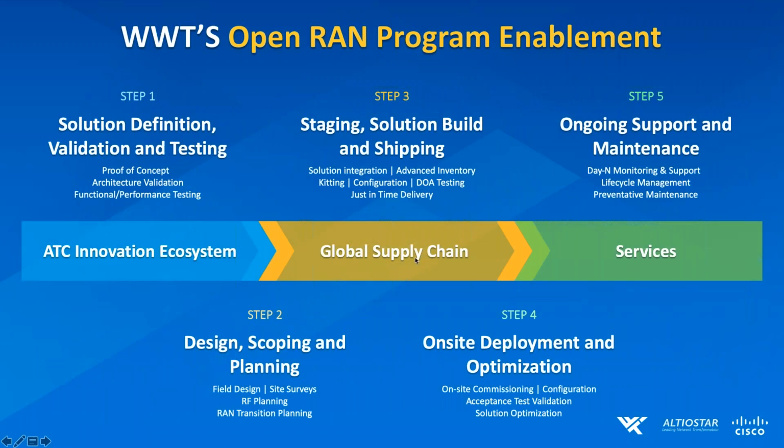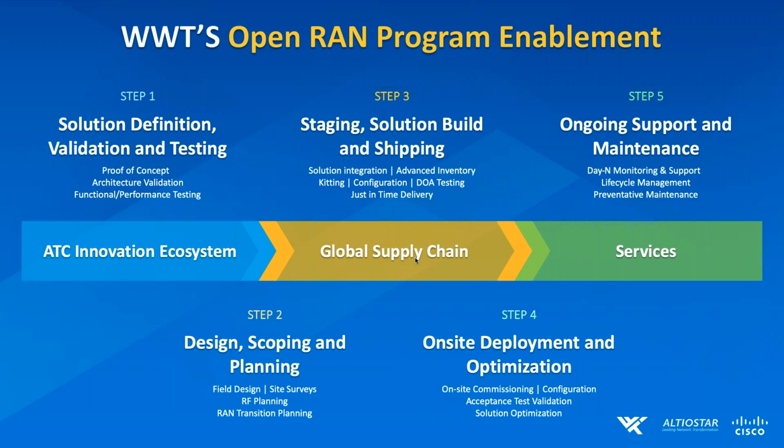So with that, what we set out to do is take the reference blueprint we've built that is in our advanced technology center today, built on the Cisco technology, the Altiostar technology, all the modularity and flexibility you heard about, and put an enablement program around it. I won't take you through all this in the interest of time, but essentially 5 steps. The first is services capabilities to help an operator around solution definition, validation, and testing. This includes POC: what does the network look like today? What are we going to have to do? What are we trying to do? Steve brought up a couple of use cases.